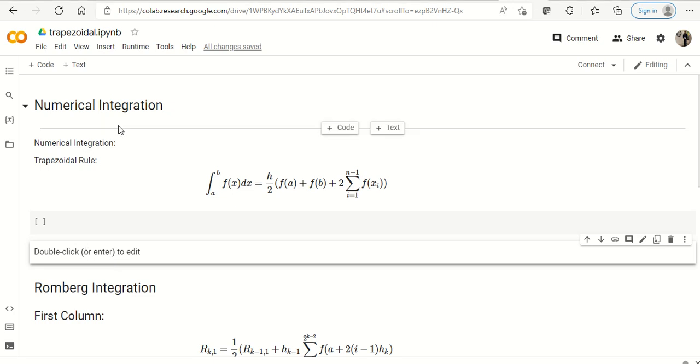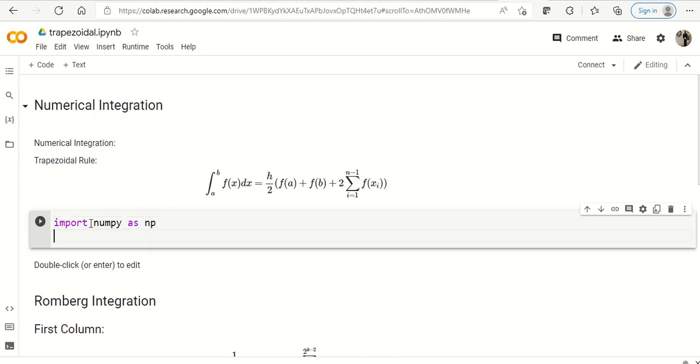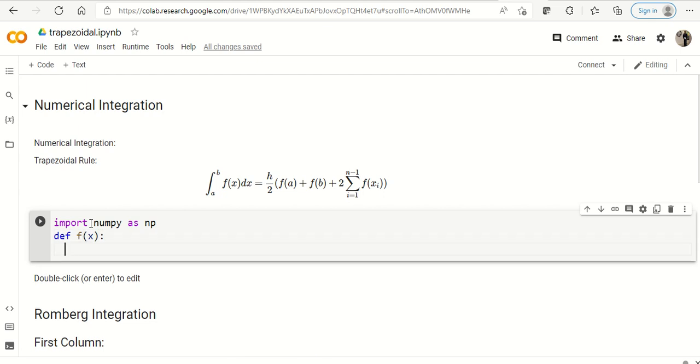Numerical integration, our objective is to program the trapezoidal rule algorithm. So here I start. Okay, so import numpy as np. So we may require the mathematical function, and after that I define a function. So define f of x, and for the time being I'm going to take the function 1 minus x squared,